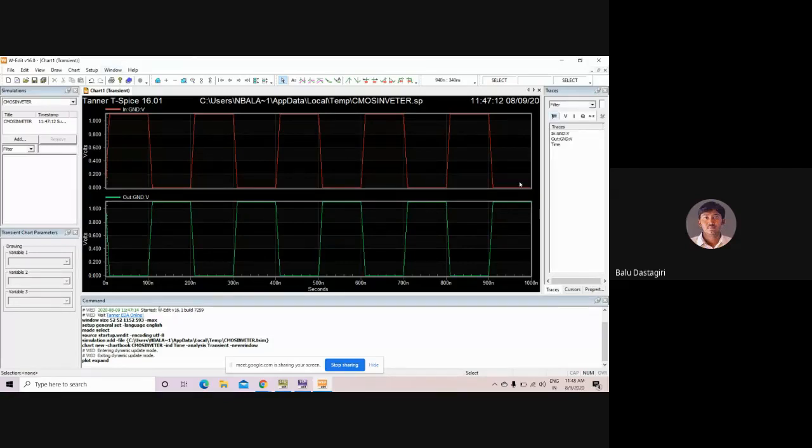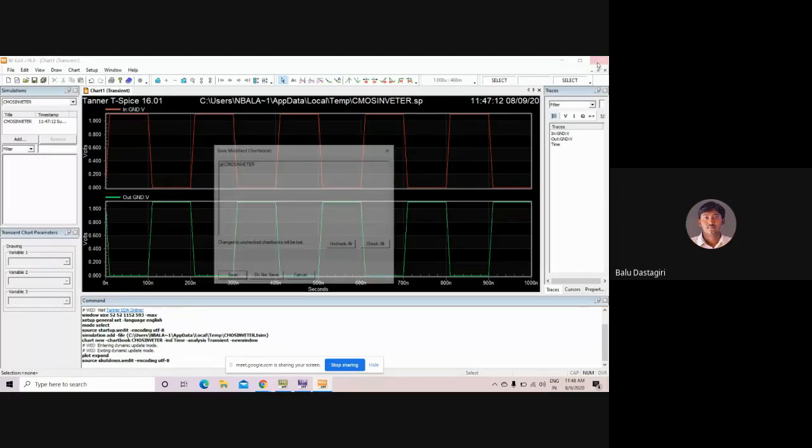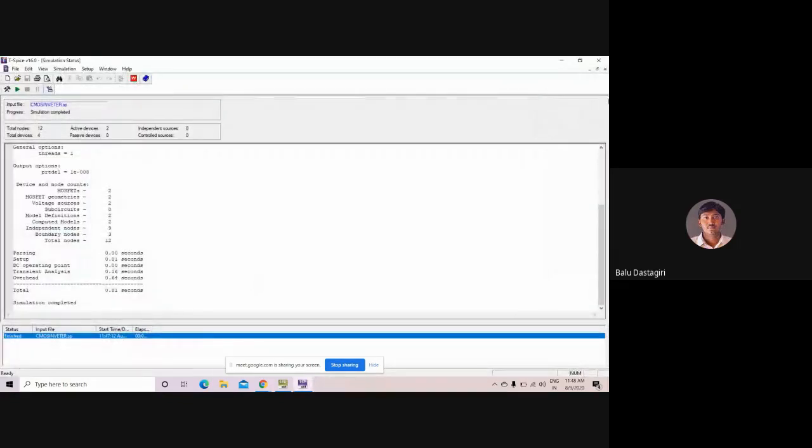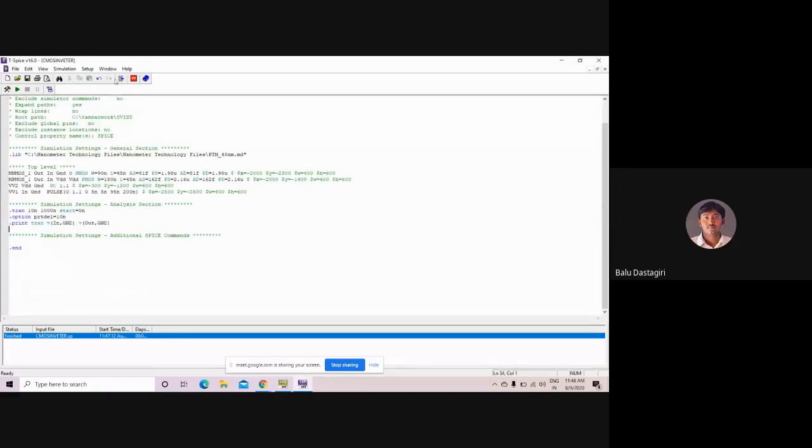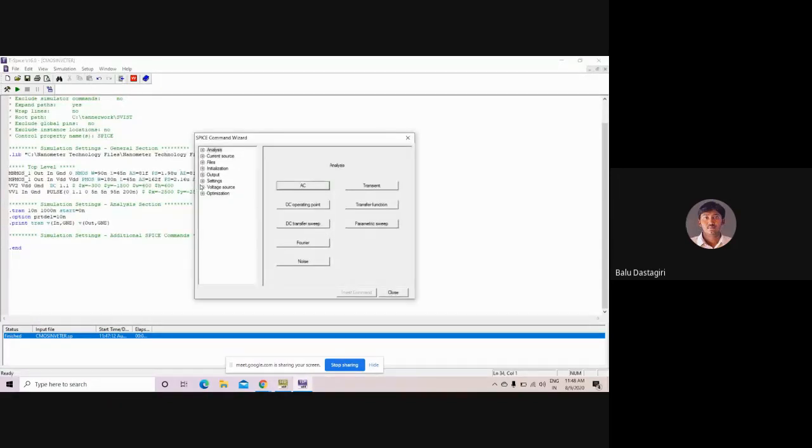So it is the basic transient analysis, how you can measure the relation between the input and output with respect to the time. Now let us see what is the power consumed by this circuit here. In order to see the power consumption of this circuit,